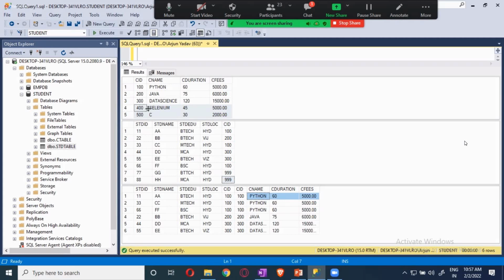Now the students who are not having this one, 7 and 8, are the ones who are not having 100, and 100 is the first one. A is taking, C is taking, and F is also taking. Now Java is 2 and data science is 2. Again, Java is 1 and data science is 2. This is the way it will be presenting. So it is going to give the matching records of the left side table with the same matching records of the right side table based on that particular column. Whatever column we are giving, that is what will happen. Okay, guys.